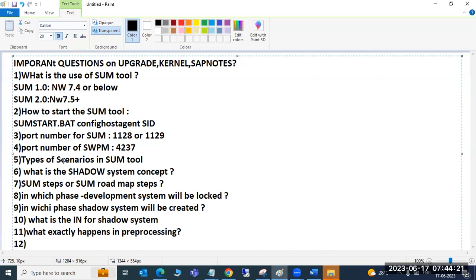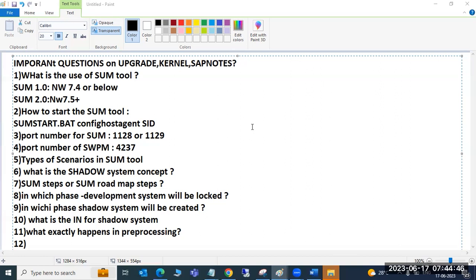The shadow system is created, the development system is locked, and some tool creates the shadow system. The main repository data is copied to the shadow system. Right, all correct. So the development workbench is locked, shadow instance created, shadow started, shadow updated.